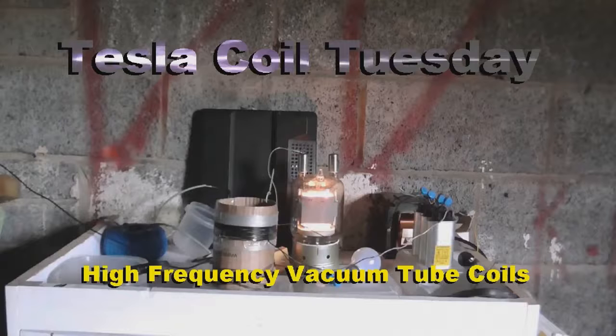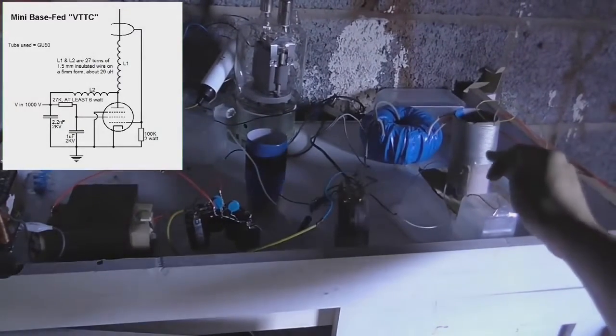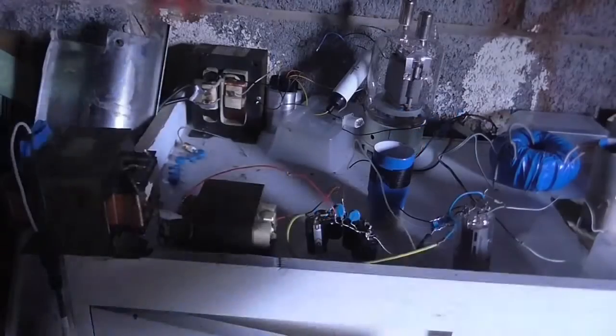Hello and welcome to another episode of Tesla Coil Tuesday. In this video, I'm going to be testing 3 vacuum tube Tesla coil circuits, which uses these 2 transformers, GU50 valve, and of course here's our output coil. Now, because I have